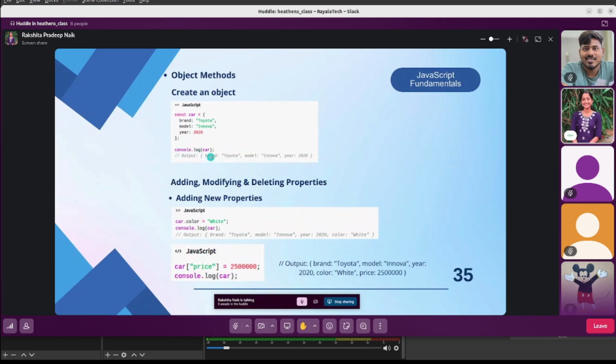If I console.log car, then I will get the output brand Toyota, model Innova, and year. If I want to get just one value from this object, like Toyota or Innova or 2022, then at that time